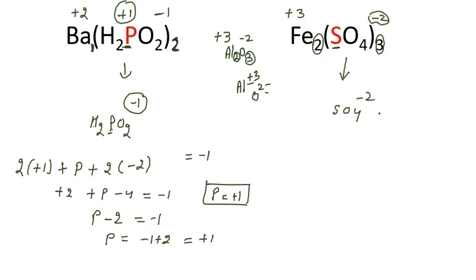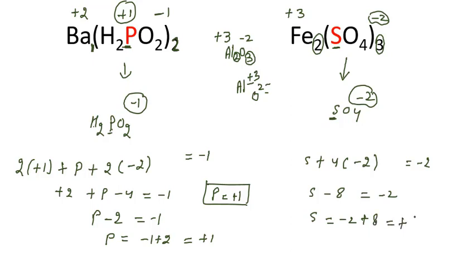Now we simplified this portion. Well, from here we can calculate easily. We can easily calculate the oxidation number of sulfur. Well, the total charge is what? -2. Here we have is equal to, we can mention it is -2. Here we have sulfur, and then here we get 4 and it is oxygen, of course is -2. We can simplify 4 × -2 is -8, so S minus 8 is equal to -2. Then here we have S is equal to -2 and it is +8 is equal to +6. Then sulfur shows +6 oxidation number.